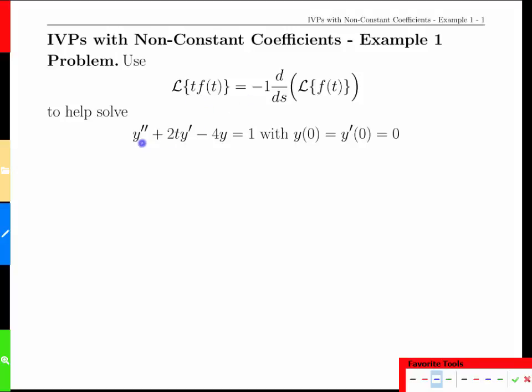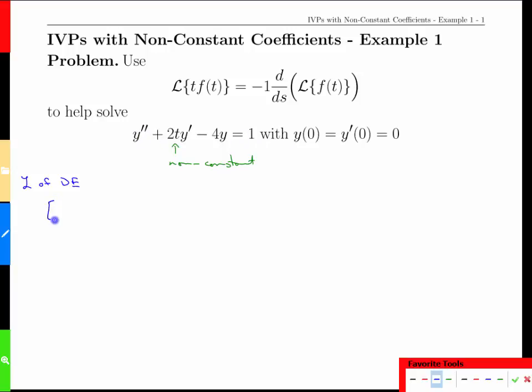In this example, we're going to consider a differential equation which has a non-constant coefficient. In particular, it has this t multiplier that we fortunately just learned how to handle in terms of Laplace transforms. With that in mind, we're going to go through our usual steps, starting off with the Laplace transform of the